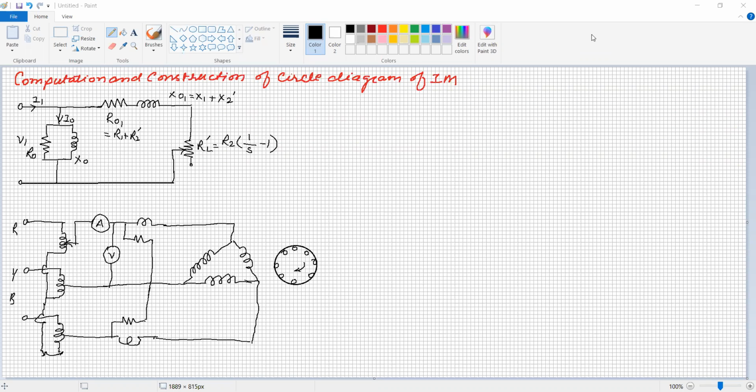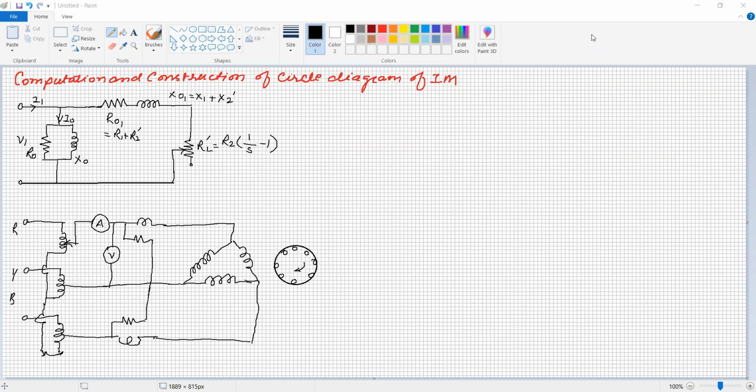So indirect method is the method where only no load test, that is a light run test, or without any load the motor is tested, so that is a no load test. And second test is the block rotor test. It is similar to the short circuit test on the transformer. So here the rotor is kept stationary, and carefully we will apply the reduced voltage. It starts from 0. As soon as the stator circulates the full load current of the motor as per the nameplate, that will be the short circuit current under reduced voltage. And from these two tests, different parameters can be found out.